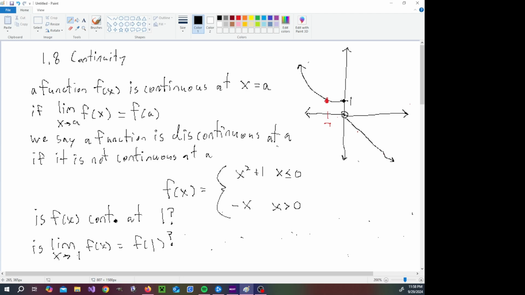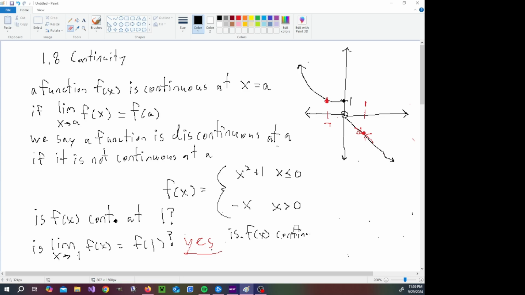Well, if we look on our graph over here, if this is our x value 1, then the limit as our function goes to that dot is going to be exactly that dot. So the answer here is yes. However,